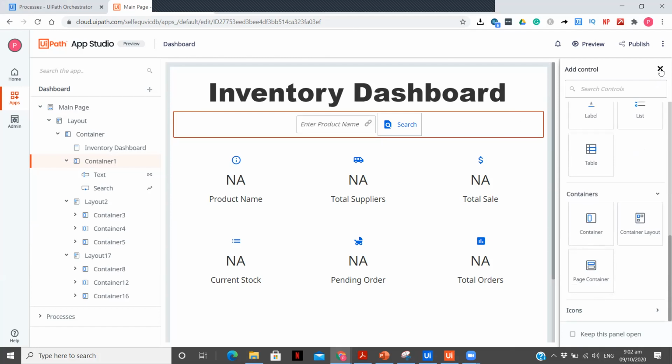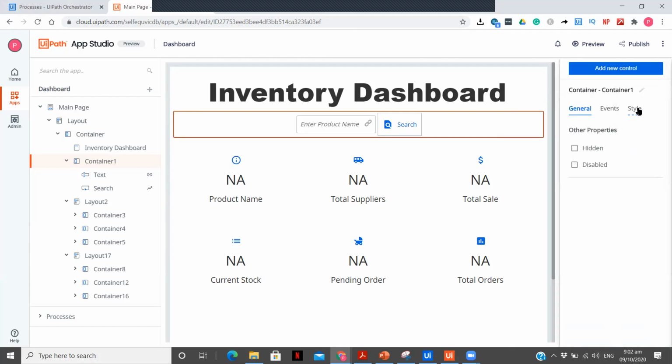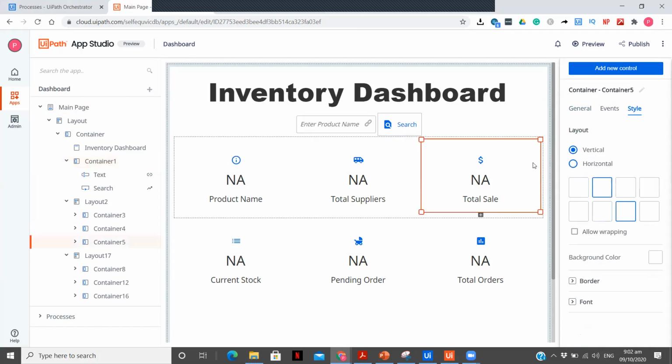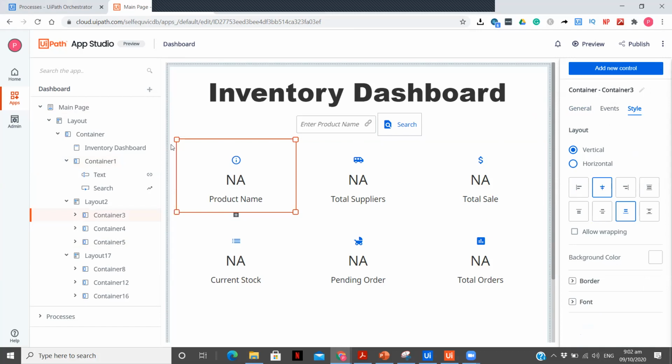How you can make them horizontal is a very much asked doubt that I get. What you do is, when you drag a page container, you go to the style option, you select horizontal, and you select these two options, the second two options, the center ones. Once you do that, you will have the fields side by side. So this is my first page container. Now after that, I have one more, as you can see over here, these dotted lines.